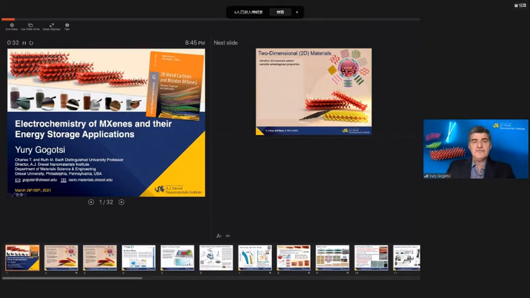M actually stands for a transition metal. Those are these red spheres in the models. X stands for carbon or nitrogen. Those are the black dots connecting the spheres in the structures. And they can also have a variety of surface terminations. So this is a very large family of materials that come in a variety of flavors and colors that you